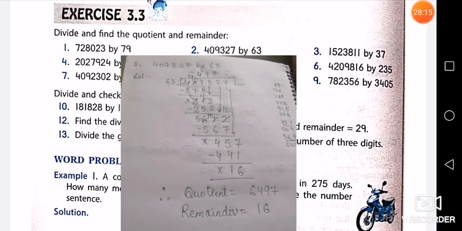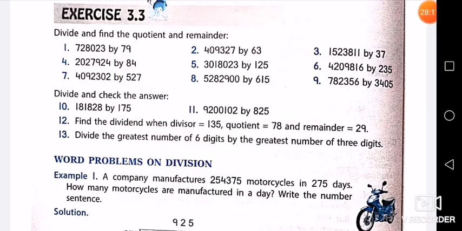Fine. Now, we'll see. Now, as you can see, the third question is: dividend is 15,23,811, and this dividend is going to be divided by 37. Now 37, again, as I told you in the example, we have divisor 35 and we have done. In that way you can do this third question also.